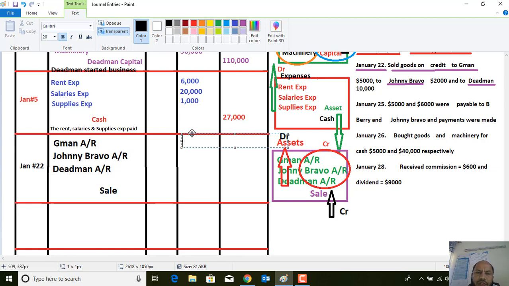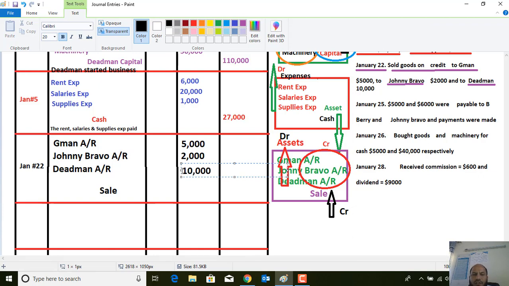How many dollars will the company receive from G-Man? It is clear that the company will receive 5,000 from G-Man. Okay, good. And at the same time they will receive 2,000 from Unibrav, and 10,000 from the Deetman,